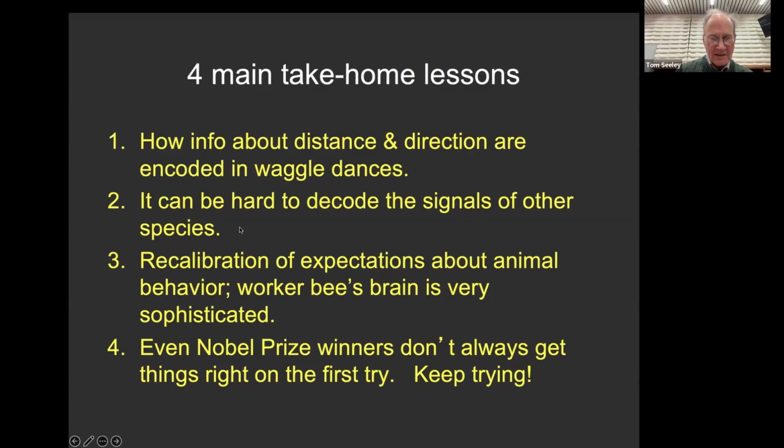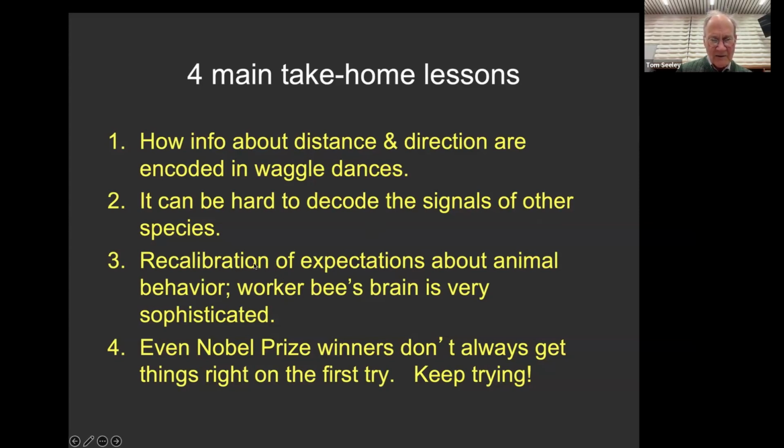The second lesson is that it can be really hard to decode the signals of other species, because to know what a signal means, you have to know exactly what that animal was experiencing that caused it to produce the signal. If you're a bird watcher, you'll know that if you hear an alarm call, that probably that little bird has spotted an owl or something nearby. But it's that kind of analysis. So it can be hard, as we saw with analyzing the waggle dance, to decode the signals of the bees. And I think the third take-home message